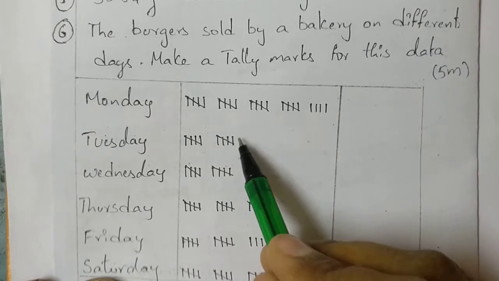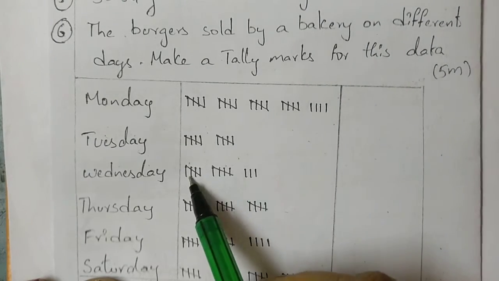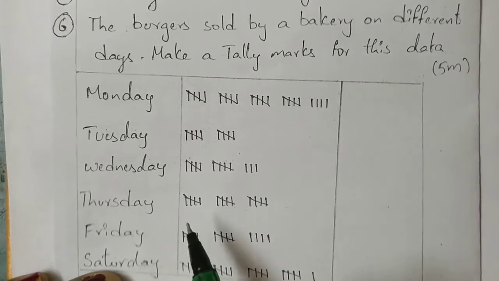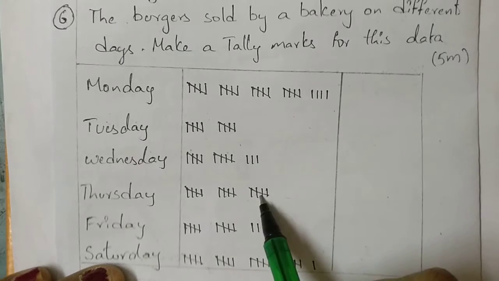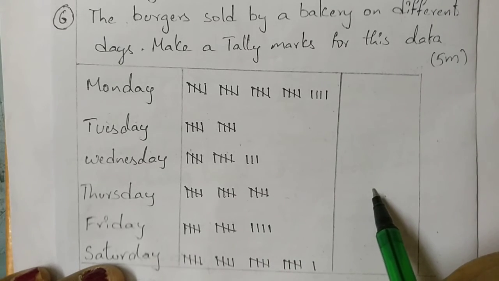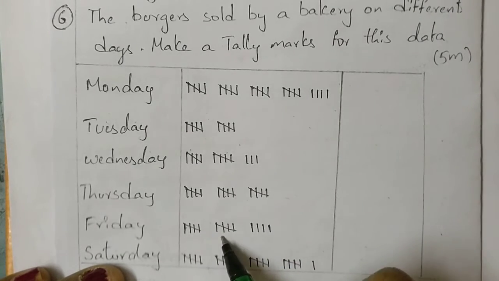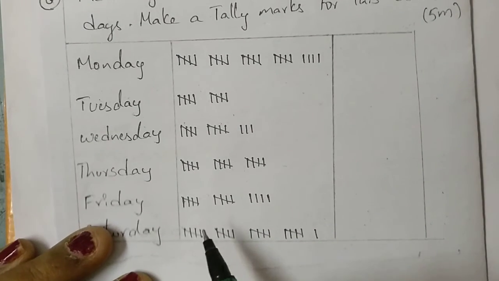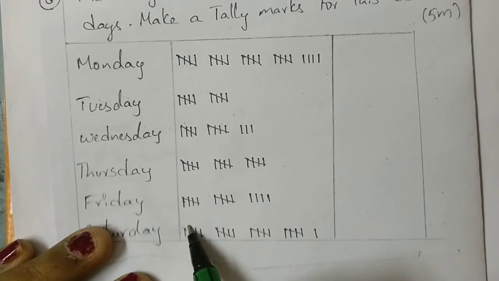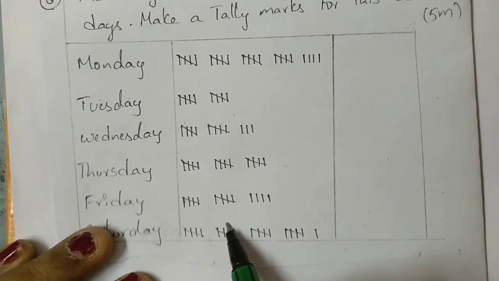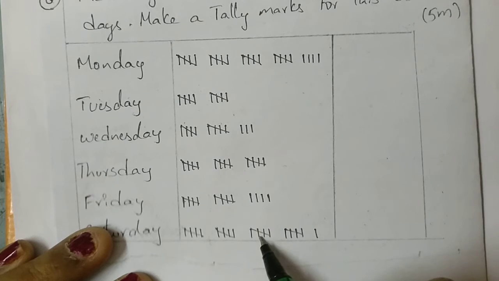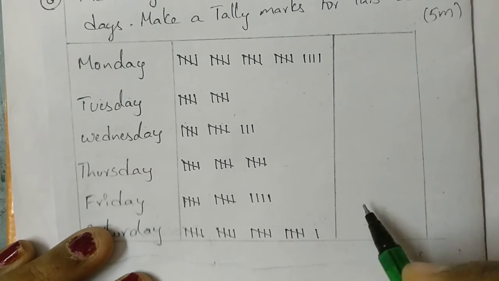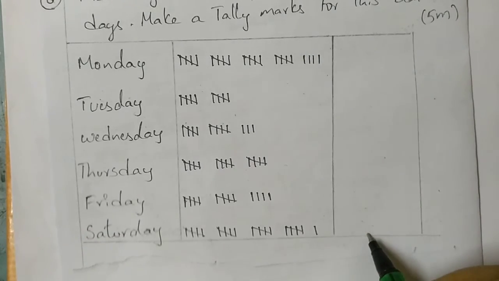Next, how many bunches do you have? 2 bunches. Means 5 plus 5, 10. Next, 5 plus 5, 10. 10 plus 3, 13, we have to write here. Next, 5, 5, 5. So 5 3s are 15. So here how much do we have to write? 15. Next, 5 plus 5, 10. 10 plus 4, 14. Next, if you don't know, we can count like this also, Nana. 1, 2, 3, up to 20, 21. So what is the answer? We got it here, 21.